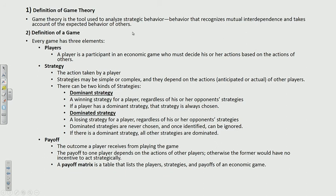Almost all the medieval warfare decisions used to be designed having game theoretic structure in mind. The earliest example of a game theory is probably chess, or any game where your decision is affected by the opponent's decision. That's where game theory is. So game theory